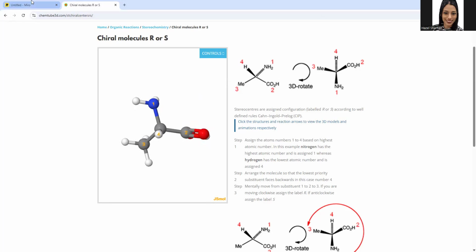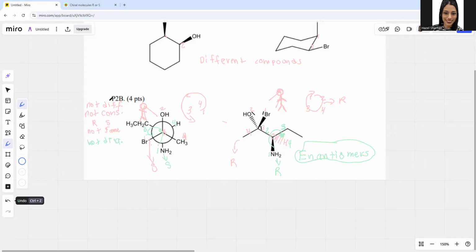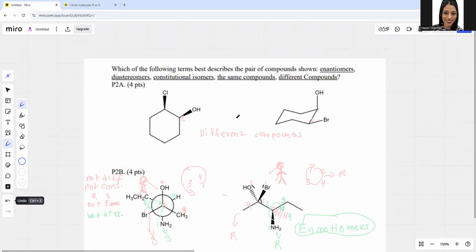And that's why you should find whatever tips and tricks work for you to be able to see the different perspectives. But okay,